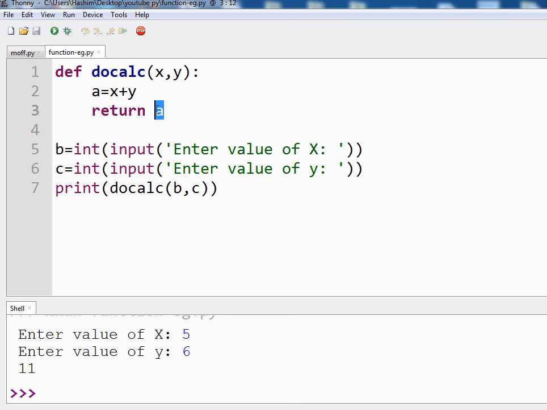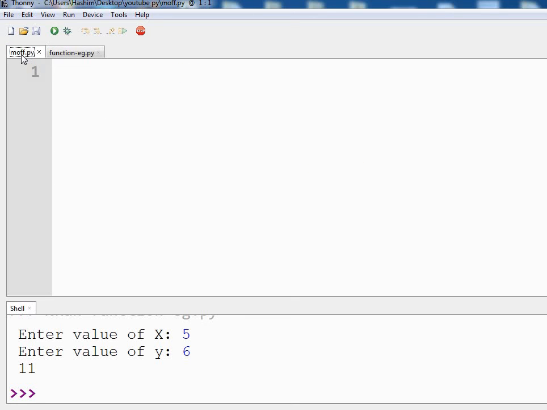So let us see. For this video I am going to use an example of the area of a circle as well as the circumference of the circle, because we can just supply one value, that is the radius. Just from the radius you can get both results: the circumference as well as the area of the circle.